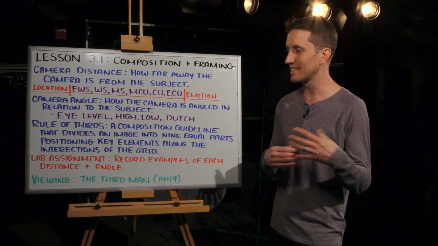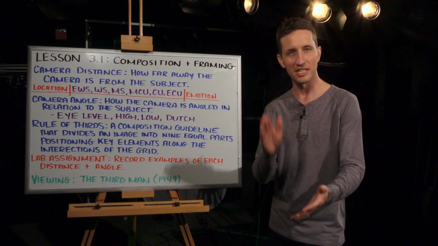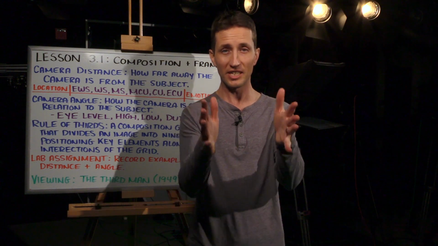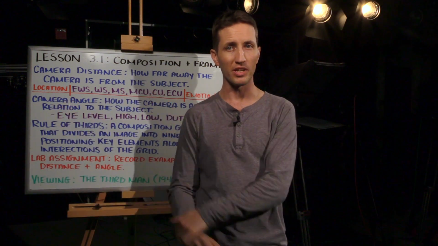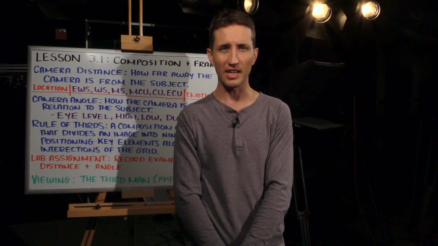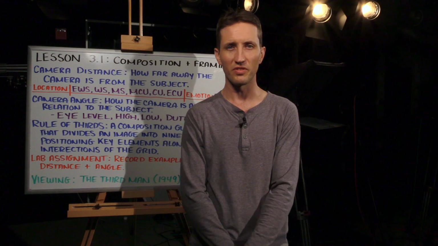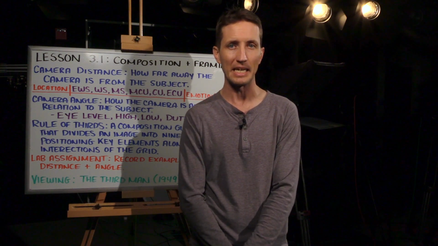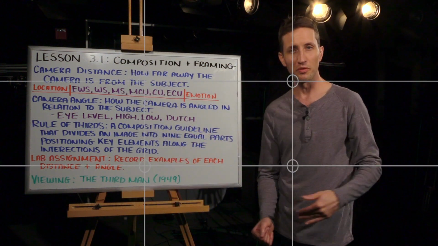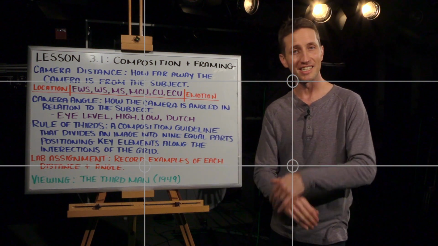But this is a common practice that I see in a lot of my student filmmakers: they want to put the subject right here. But if this is your subject, if this is your shot, and there's all this weight over here, well, what's going on over here? It doesn't feel balanced, right? Also, when I'm looking directly into the camera like this and I'm right in the middle of the frame, it's a shot that doesn't feel natural. It feels too set up. It feels too unrealistic. So by placing me here and following the rule of thirds, placing my face, which is the most important part of this image, right at one of these intersecting lines,